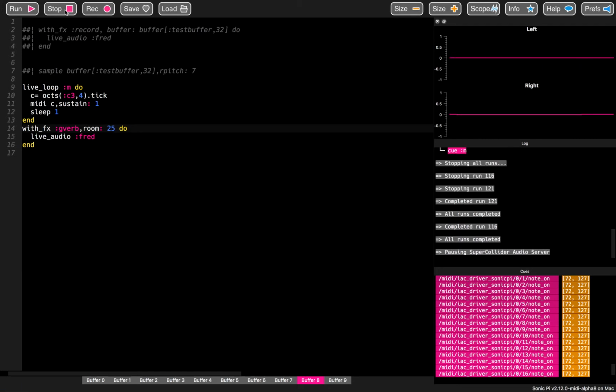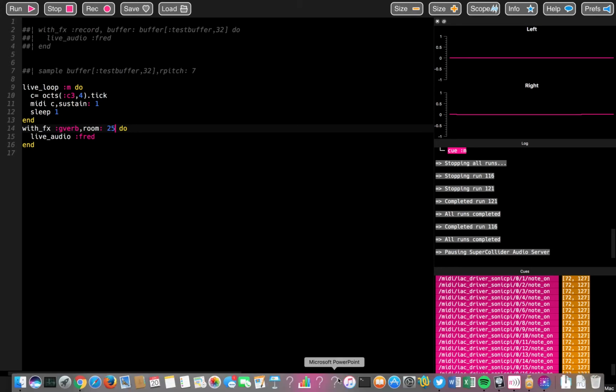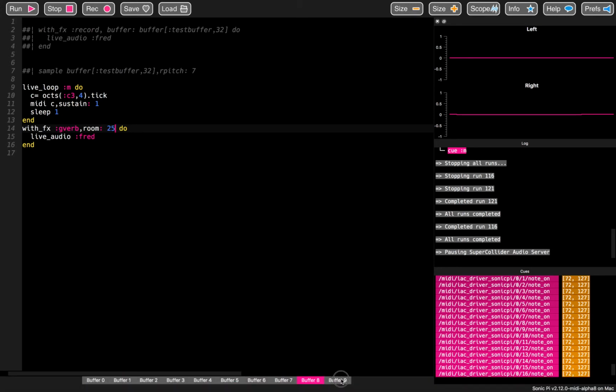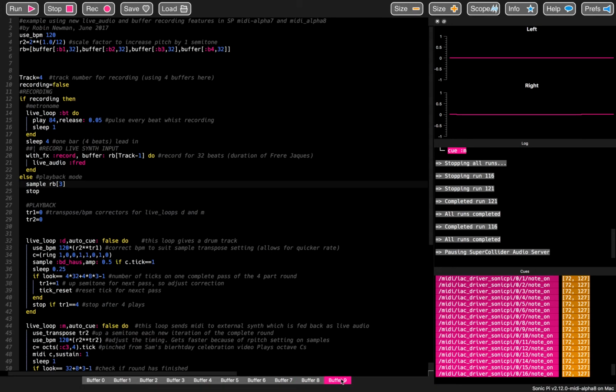So you can see there's a whole new range of things which you can do with Sonic Pi using just half a dozen lines of code there, which will do that. I in fact have gone a bit further than that, and in the other program which I've already produced in true Delia Smith fashion, which is over here, I'm going to take an old favourite of mine, which I often use for demonstrating bits in Sonic Pi, which is the round Frere Jacques,